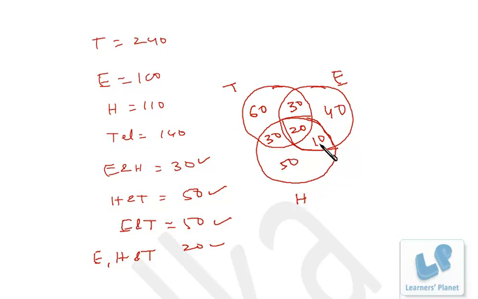only Hindi and English is 10. At least one language, that's the complete total. You add up all the numbers and you'll be getting the persons speaking at least one language, right? Then you add up all the numbers and deduct it from the 240, then the remaining people will not be speaking any of these languages, right? So that's pretty simple to answer all the questions once you are able to draw the Venn diagram, and how to fill up the data in the circles, that I have already shown you. Okay, now we'll be taking some practical examples, so you'll be able to understand it in a better manner. Okay,